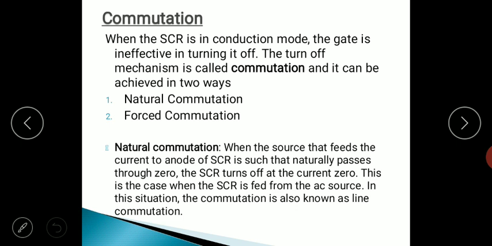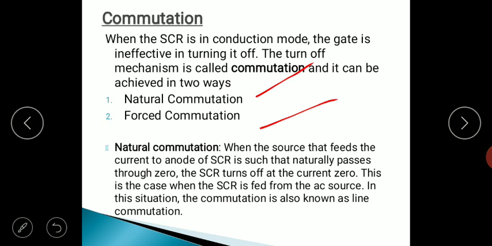Basically, there are two different ways in which SCR can be turned off, and those two commutation techniques are called natural commutation and forced commutation. Now, what do you mean by these two techniques?